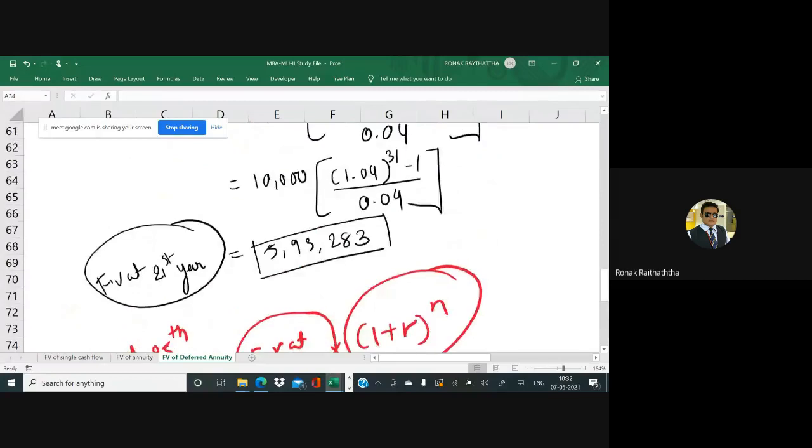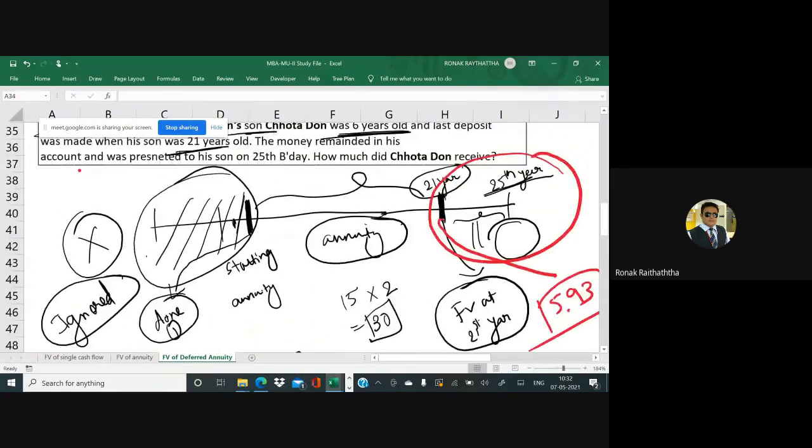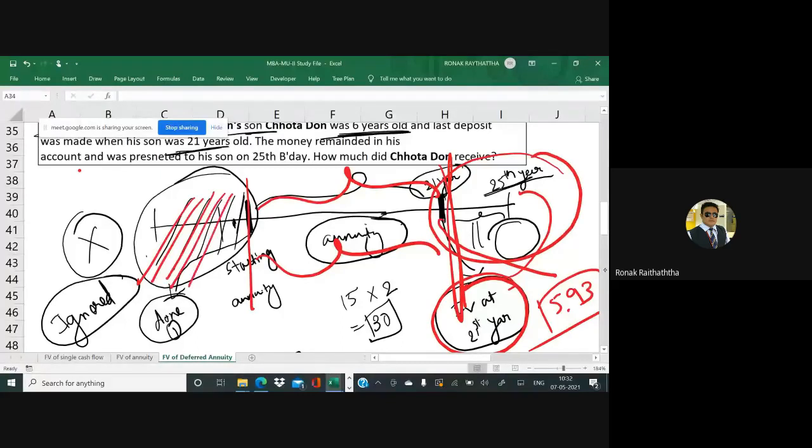Only the problem was to understand this timeline properly. There was an annuity in this period. This is the annuity period. And after that, it gets converted into a single cash flow. So whatever future value you get at the end of the 21st year will again get the interest till the end of the 25th year. As simple as that. And whatever the deferment period is, in which we are not investing anything, that will be straight away sent to the fear of missing out zone, FOMO zone. Let's ignore that.